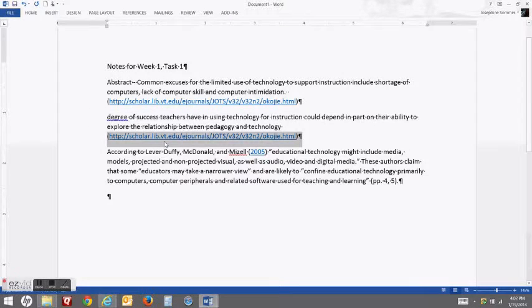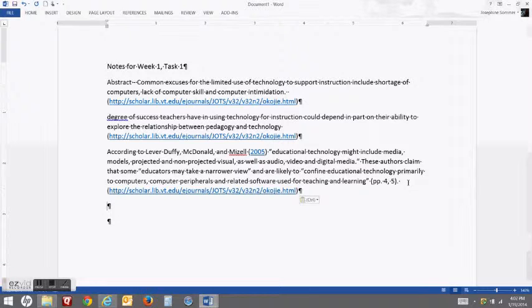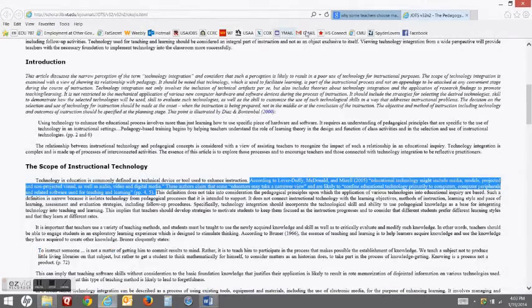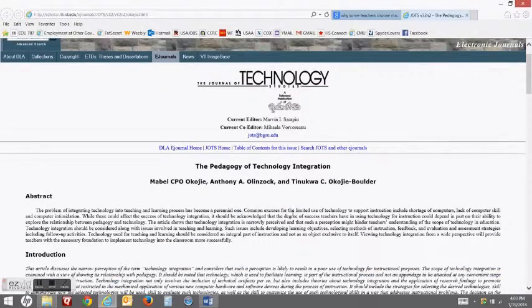And then I'll go ahead and, again, I'm going to copy my website so I can see where I got it from. Okay, so I think maybe I need to also put the title of that article that I'm reading so I don't get it confused.